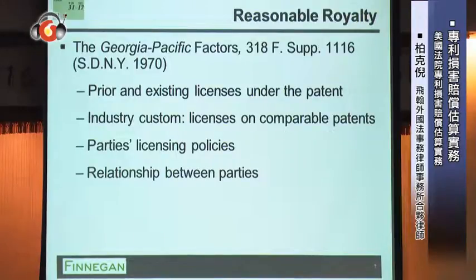The framework that most people use in the United States in litigation is what we call the Georgia-Pacific framework, and this is again named after a very old case, almost 50 years old now, out of New York City. And in this case, the district court judge tried to articulate what factors are taken into account in this fictional negotiation between the infringer and the patent owner just before the infringement began.